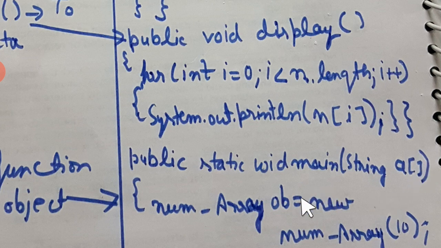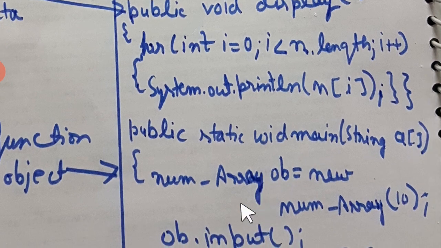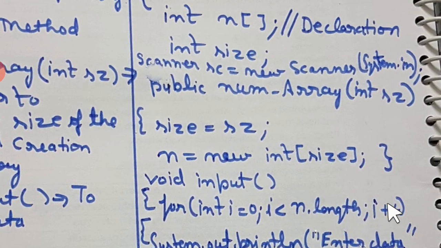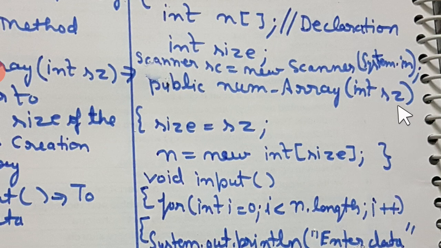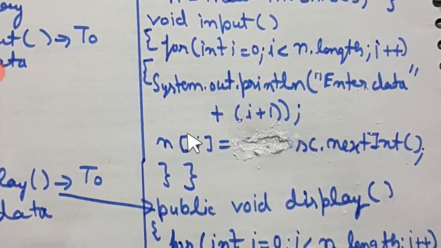After that, we have this object creation. So num_array is the name of the class, ob is the name of the object, equal to new num_array, and then we provide the value 10 here, which will be assigned to sz. Up there you have already seen sz. All right, this 10 will come to sz, and this sz will be assigned to size. So finally the size of the array in this program is going to be 10. Whatever is given in the program, you have to follow the same instruction, whatever size they are asking for. So just go for it.